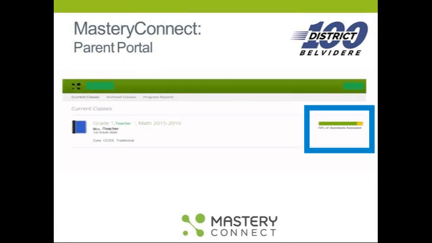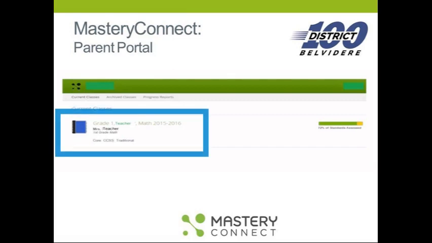This indicates the percent of standards assessed. This is not a percentage grade, nor is it a percentage of problems they have completed. It is the amount of standards assessed out of all the standards from that grade level. The colored bar indicates the amount of mastery, approaching, and partial knowledge with assistance. We'll see more detail about that once we click into the class.